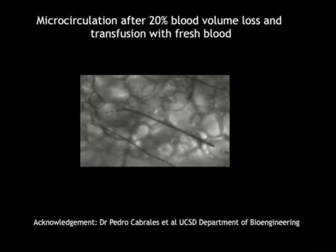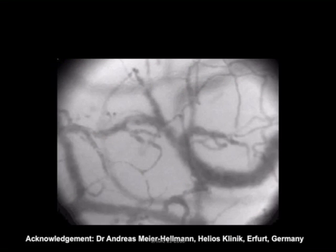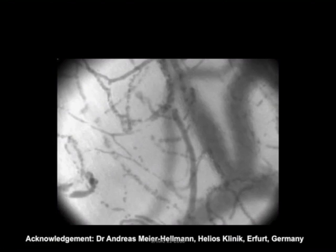I will skip this because of time reasons. That was an animal model. Now I have human data. Some of you might have seen this. A patient bled down to 2.8 grams of hemoglobin, and he is well perfused, although it's not the ideal condition, but he then gets a 3-unit transfusion, and you can see that what you would expect is the transfusion improves